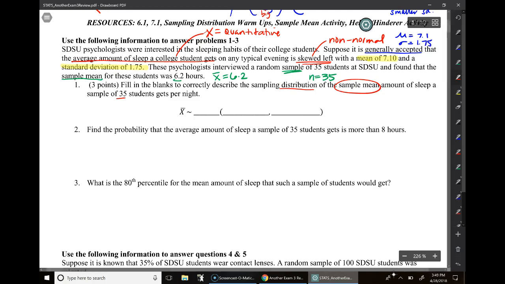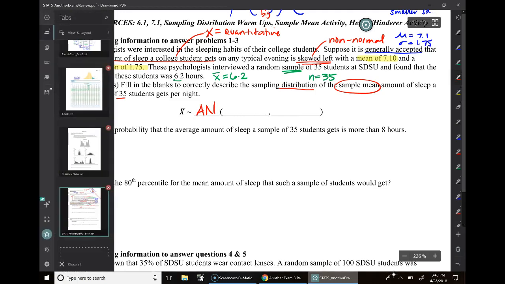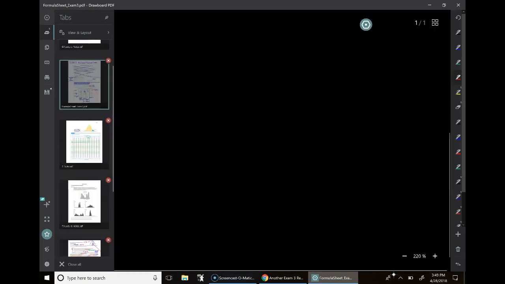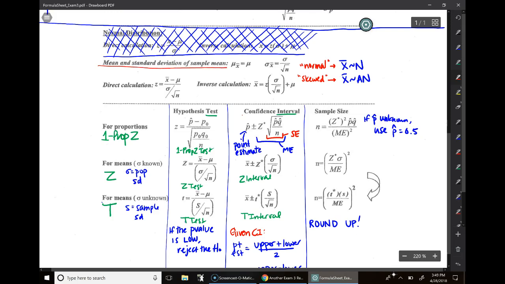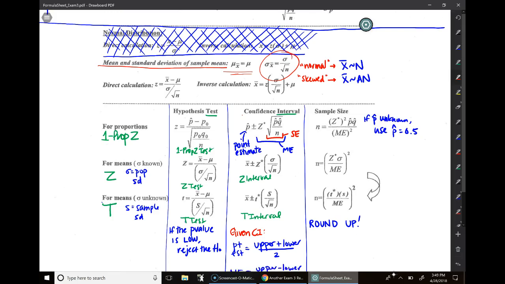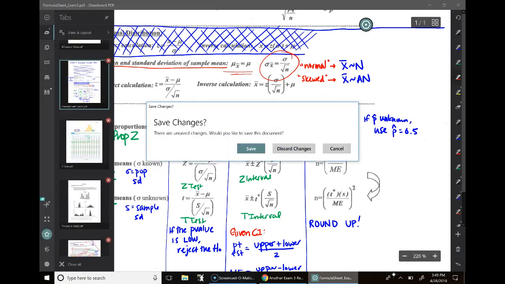And then we can go ahead and say, okay, if we have non-normal to begin with, the best we get is approximate normality from the central limit theorem. And then we're going to look at our formula sheet. So on the formula sheet, you can see here the mean and standard deviation for a sample mean are on the formula sheet. Don't grab the original mean and standard deviation because while the original mean is correct, the original standard deviation needs to be divided by the square root of n. So I'm going to go ahead and grab those two formulas, take them back over to my